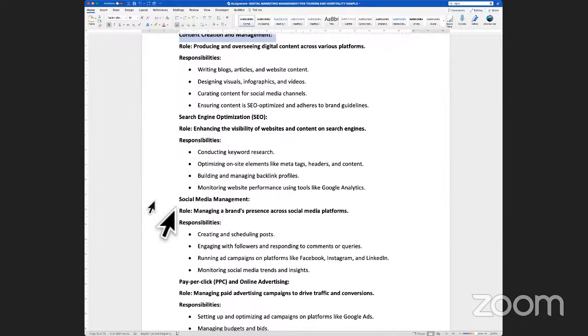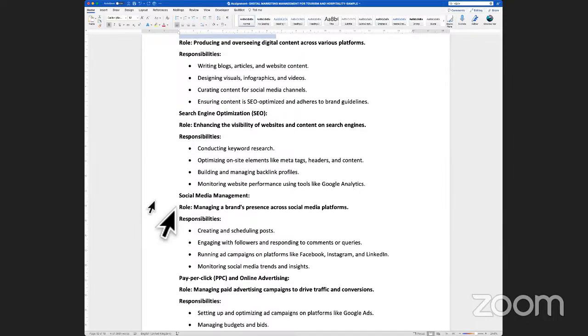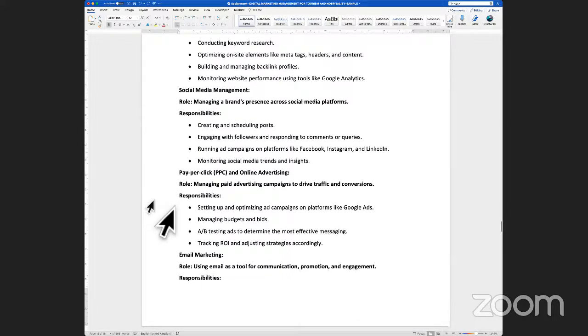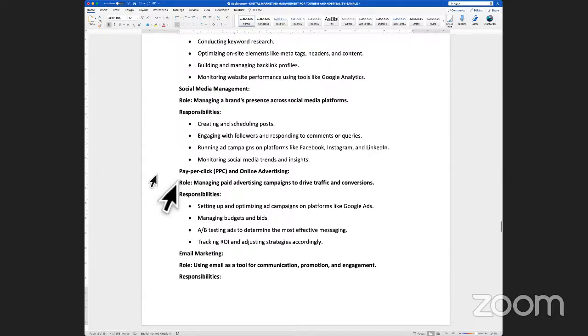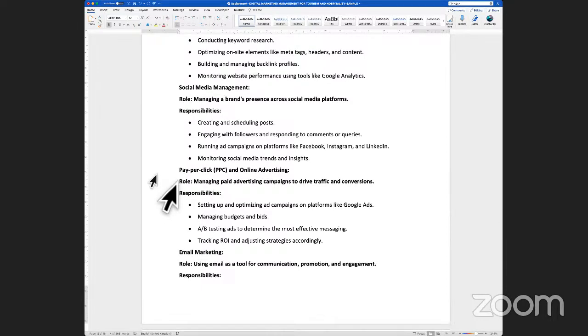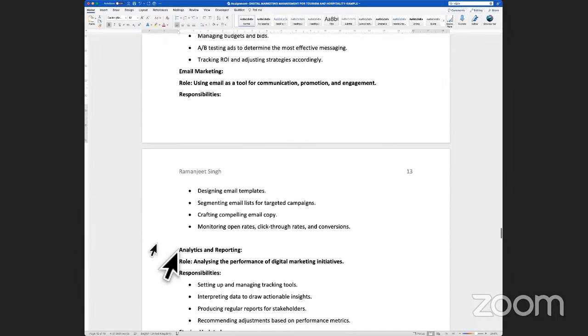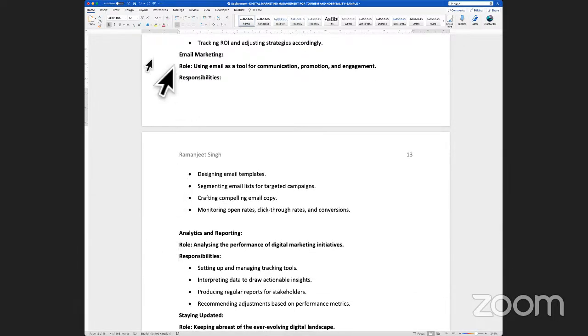You have social media management, which is to look at managing different platforms like Facebook, Instagram, LinkedIn, TikTok. And these are basically through short messages and videos that can be used to attract customers or sell promotions for some of their properties. Then they also do advertising, which could be PPC, pay-per-click, or online advertising. They do email marketing. And there are people who are email marketers.